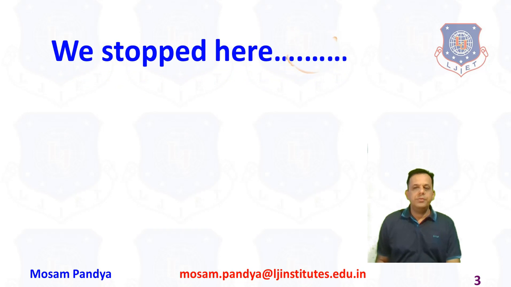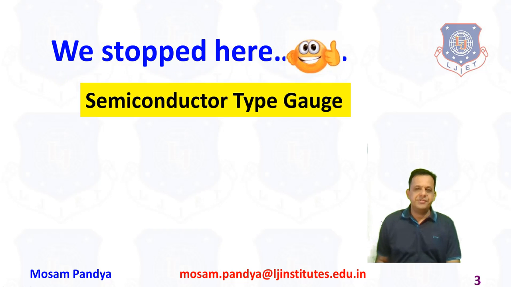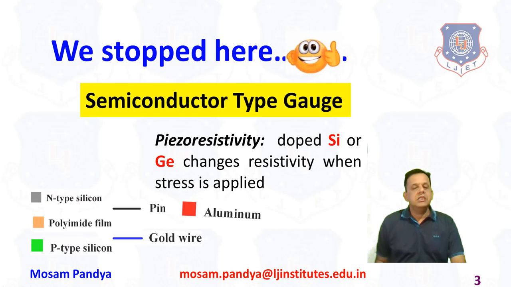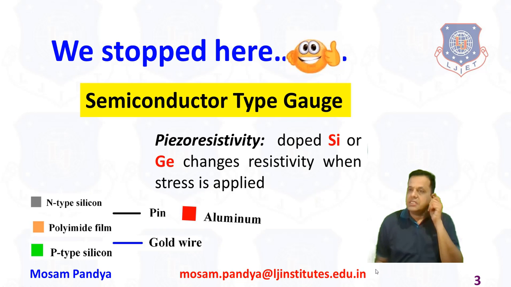And where we stopped last time was the semiconductor type strain gauge, which I talked a little bit about. One very crucial word is piezoresistivity: when a stress is applied to semiconductor type material, its resistivity changes. This typical characteristic is known as piezoresistivity, and it will be utilized to sense the stresses, specifically